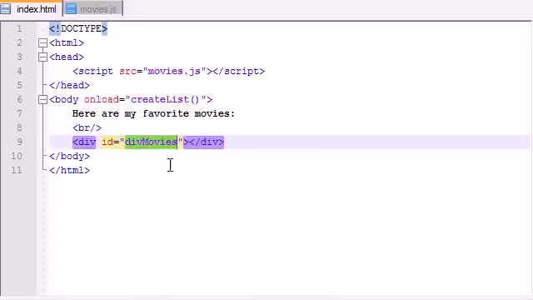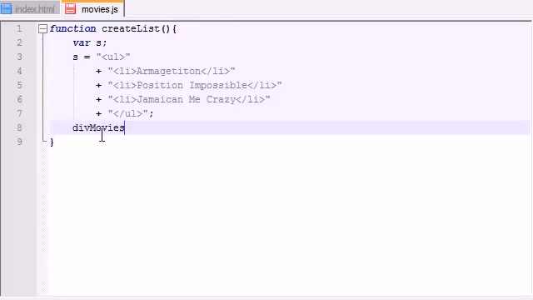So that's why it's very important to have unique IDs in your HTML file, because if you just name it like ID1 and you have a huge web page, it's going to get very confusing. Another thing I like to do whenever I'm working in my JavaScript file is name my variables the same as whatever my div was named. So the variable is div movies, and of course, in order to reference anything in your web page, just write